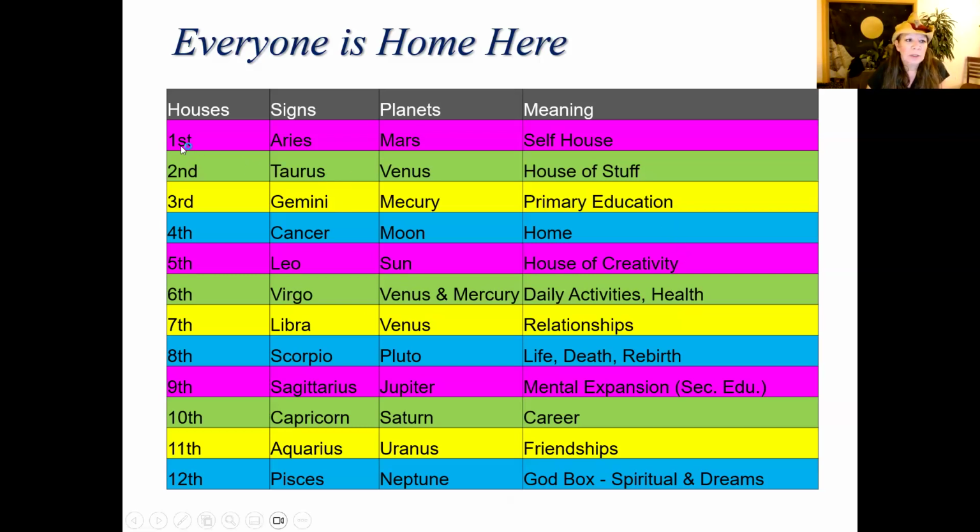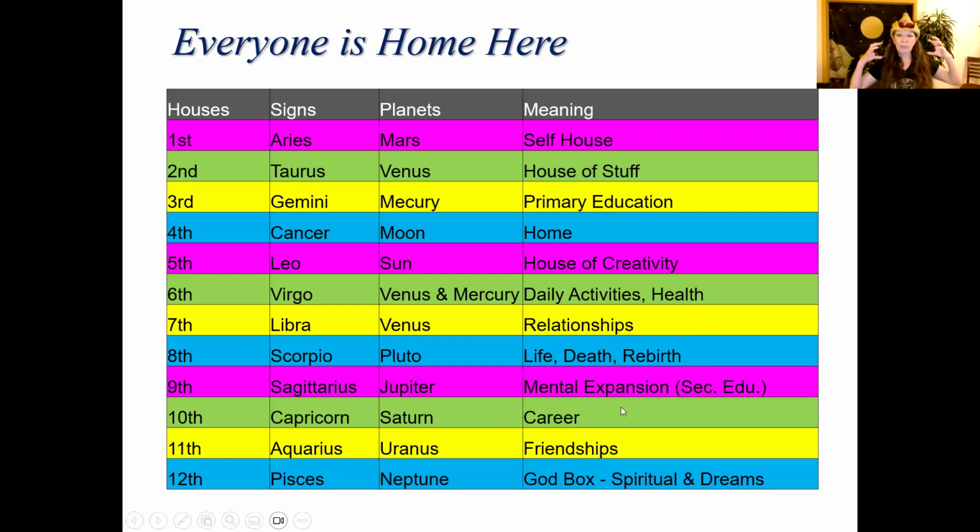This one is a slide that we looked at last week. These are the trines. The first house, Aries, fire sign, Mars, self. Leo, fire sign, the sun, house of creativity. Sagittarius, fire sign, Jupiter, mental expansion. Then here are all of the earth signs: Taurus, Venus, stuff. Virgo, Venus and Mercury, day-to-day activity. Capricorn,